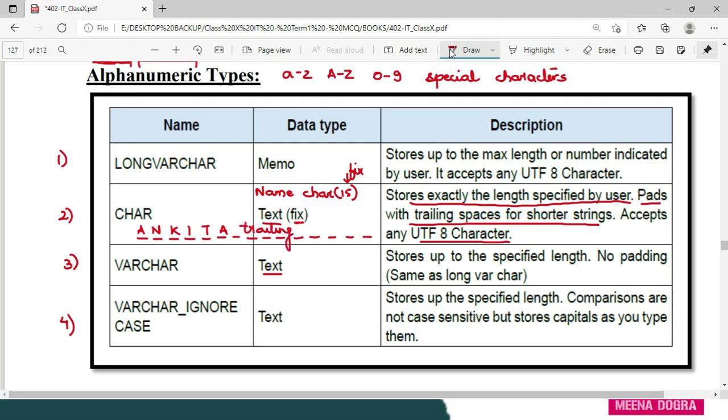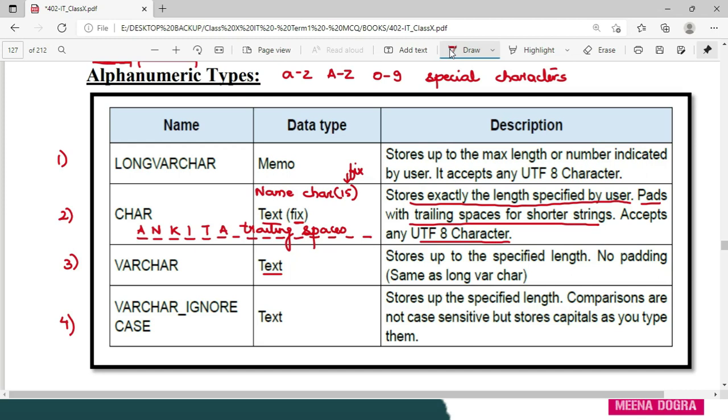That means even if you are not utilizing the whole 15 bytes, the memory has been fixed because your data type is char, and the leftover bytes for shorter strings will be filled with trailing spaces. Fine, so this is not an optimum utilization of memory, especially when you are not using all the bytes. So this is preferred when you are more or less aware of the exact content of the field. जब आपको पहले से ही पता हो कि हाँ इतना ही डेटा इसमें आएगा, then you can go for char, because that will not lead to a lot of memory wastage.